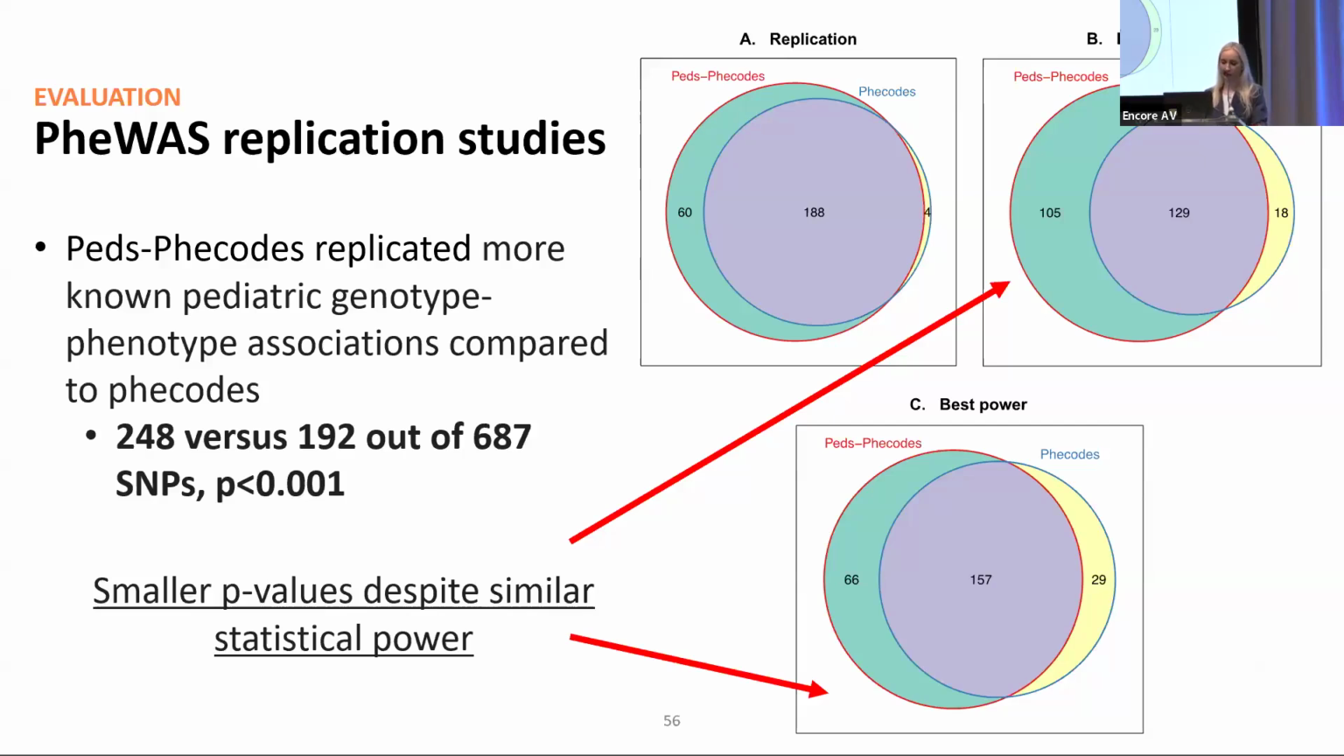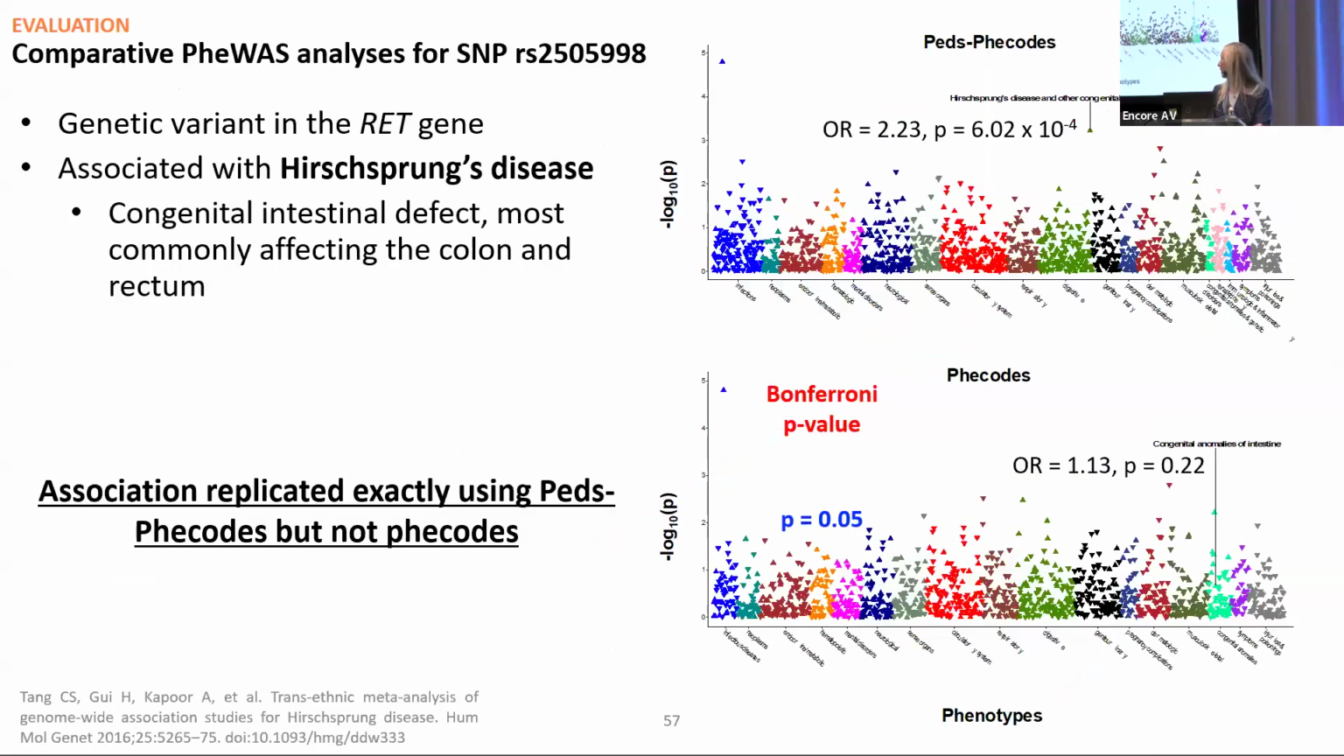And we saw that the PEDS fee codes performed superiorly in those analyses, replicating significantly more, 248 versus 192 out of the 687 SNP phenotype associations, demonstrating that these are more optimized for use in pediatric analyses. And then just to give an example of what these comparative PheWAS analyses looked like, we have some PheWAS